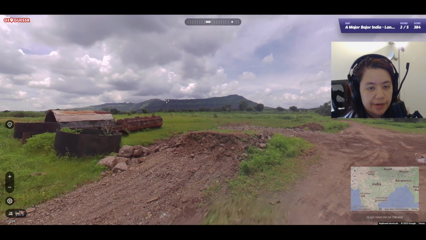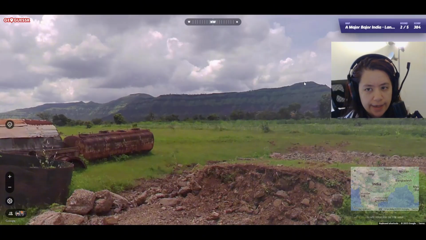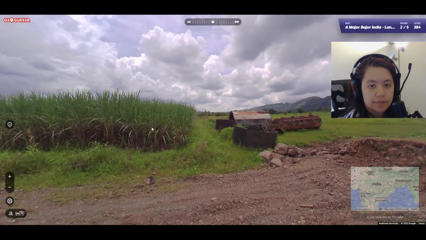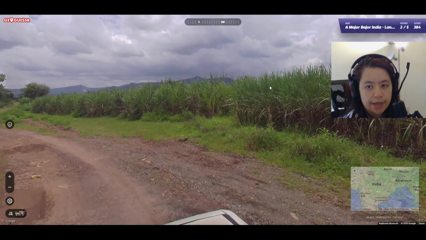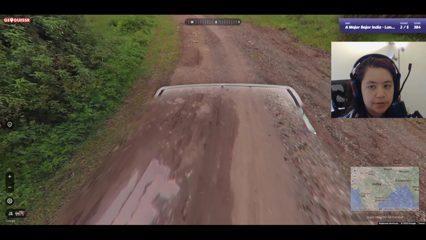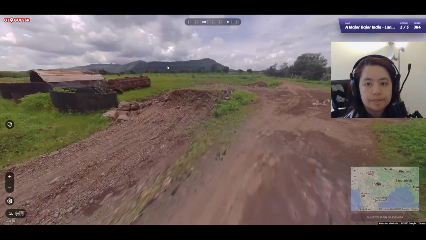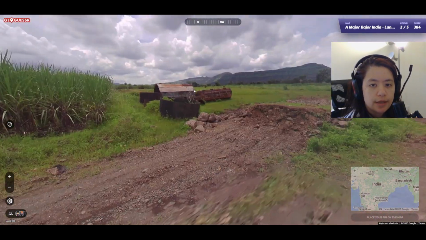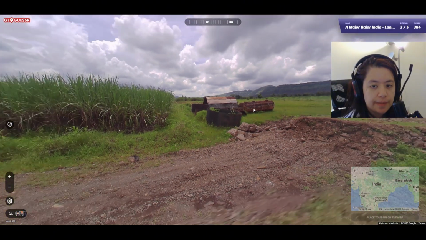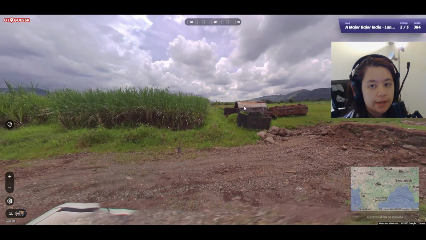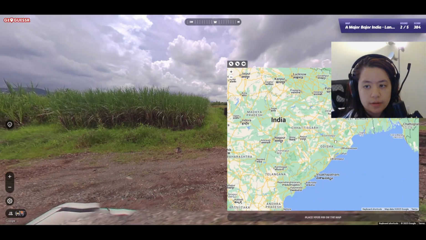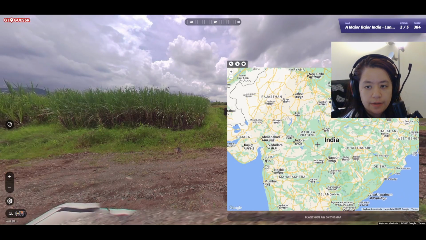These mountains are very flat and angular, kind of reminds me of the Lesotho mountains. But we've got some sort of plant, I don't know what plant this is, white back of the truck with a black bar. And then some farming equipment. Yeah, I don't really know. I'm gonna go